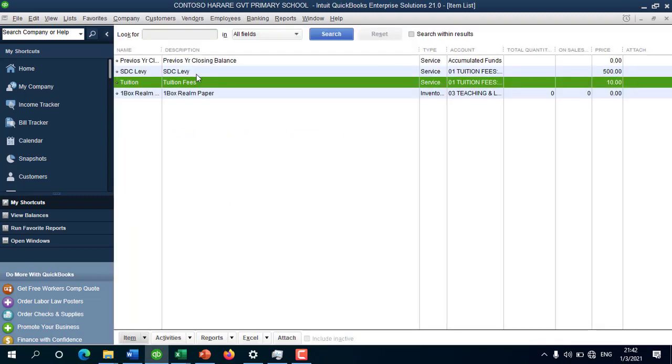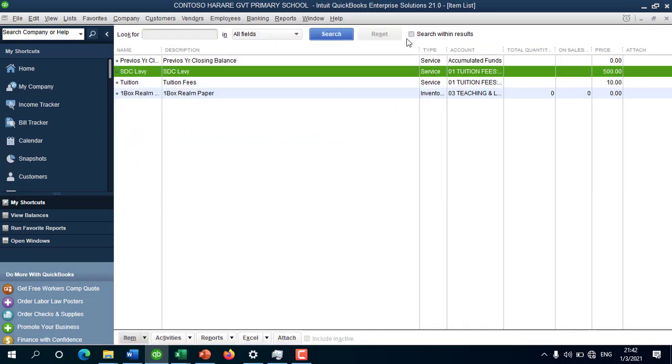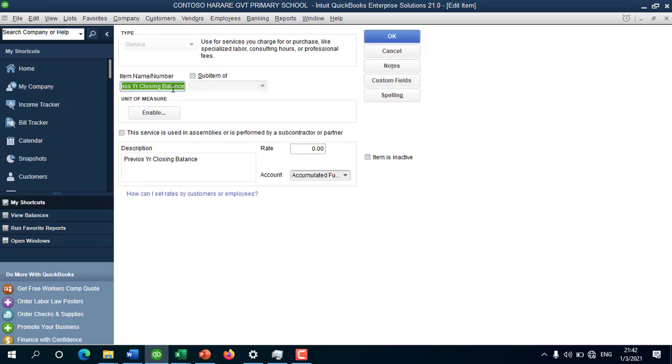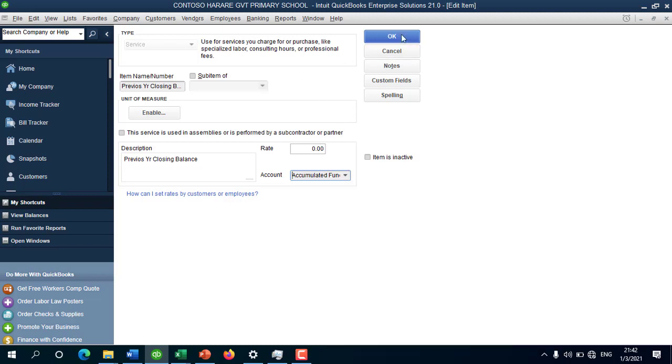Then I hit OK. Is for the STC levy, same thing. In our case is 500 bond. The account therefore is STC levy. I hit OK. And I also need to create this previous year closing balance to say if I'm going to be inputting for the previous year, that is 2020. Since these are opening balances, they will be affecting what? The accumulated funds. Okay,